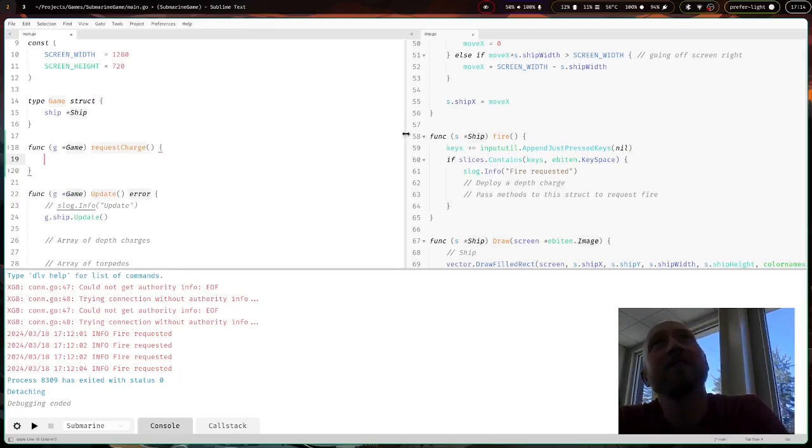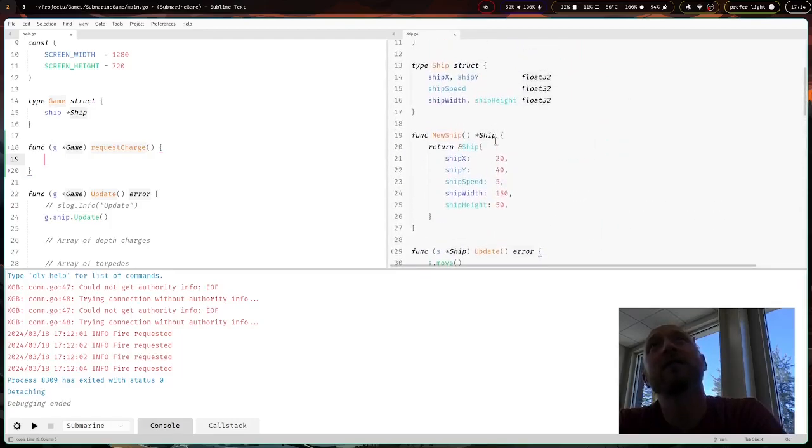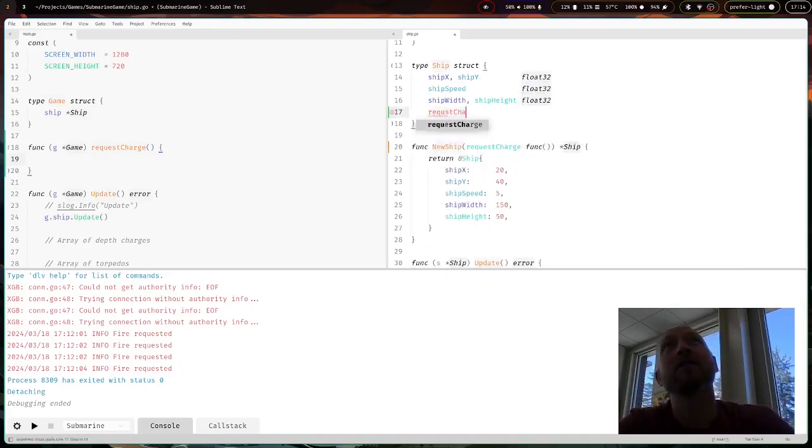And over here, inside of our ship struct, we have this new ship method that we created, and we're going to pass an argument to this new ship, and we'll just name it the same thing. And it's going to be of type function with no parameters and no return. And then we can also add a same named property on our struct. And then when we create,